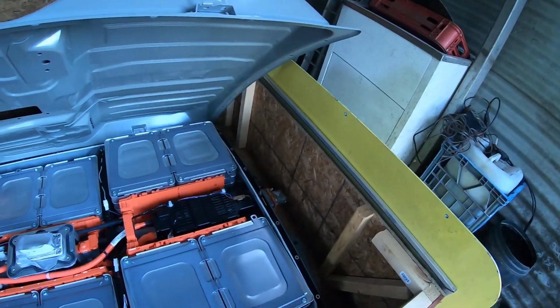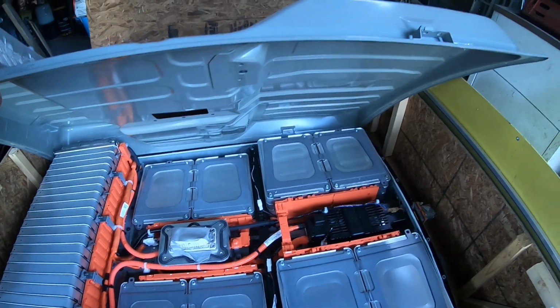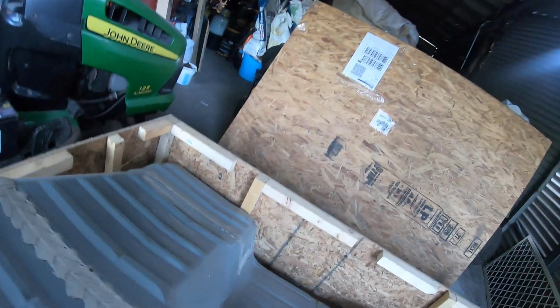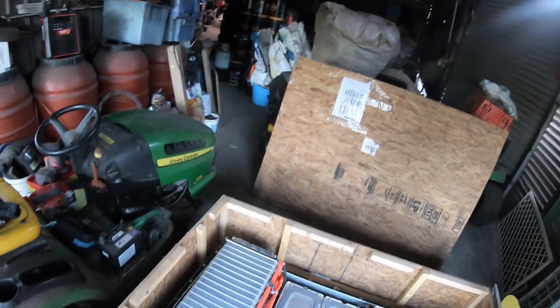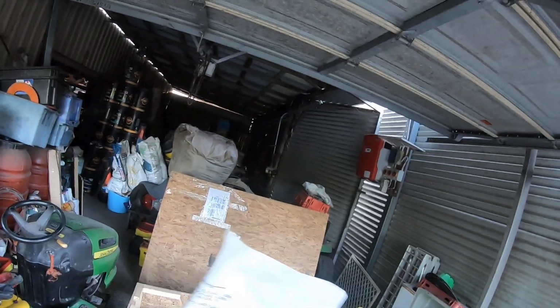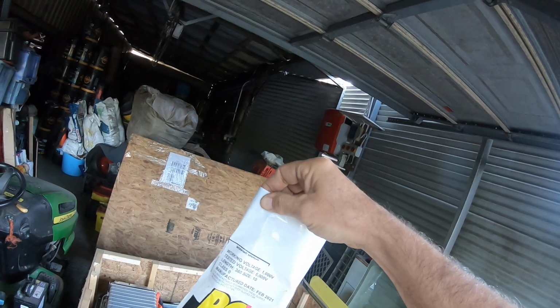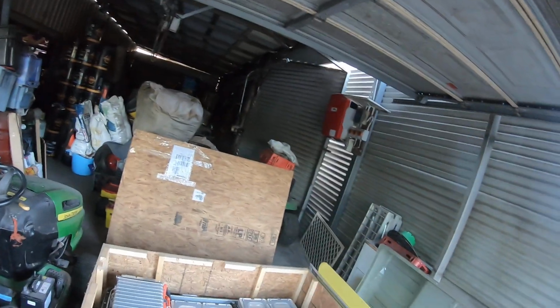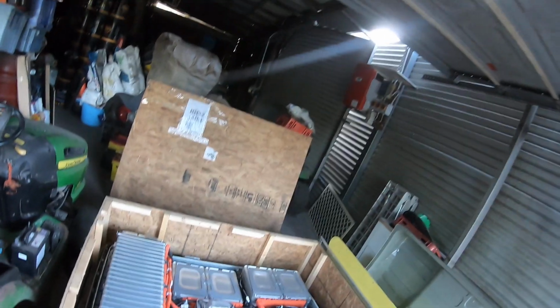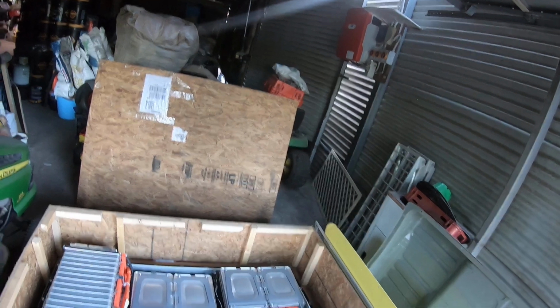Now I have to look at pulling out individual cells. So, I'm dealing with some quite high DC voltages here. So, in anticipation of this, I have picked up a set of Powerproof from our local electrical outlet, Sparky Direct. So, tested voltages, size, there we go. So look at these. I'll use these when I start handling the individual cells and start pulling apart some of the cabling, but for the meantime